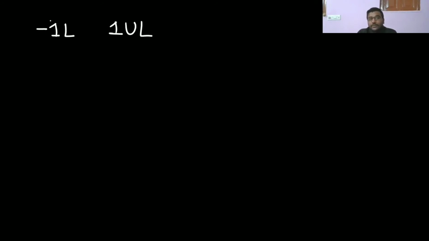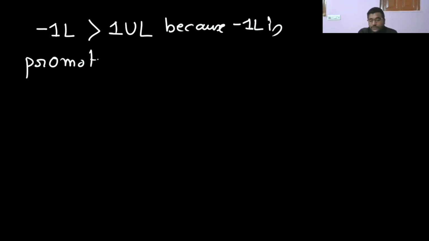It will get converted into unsigned long, so it is going to be greater. Why? Because minus 1L is promoted. That's why, in case of unsigned, it is machine dependent. It is difficult to understand. If you are having doubt, please ask me. Because minus 1L is